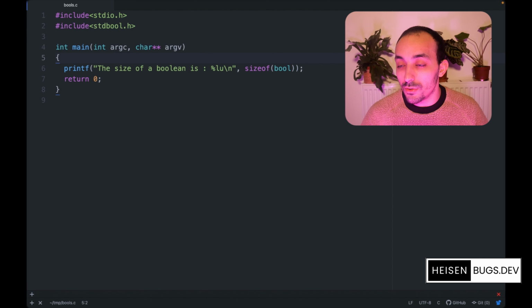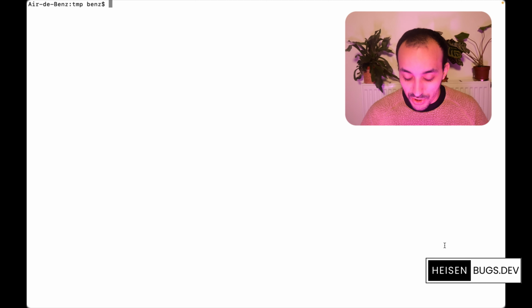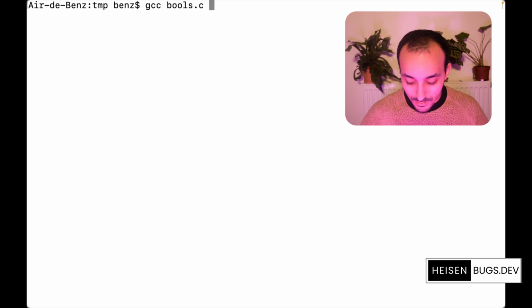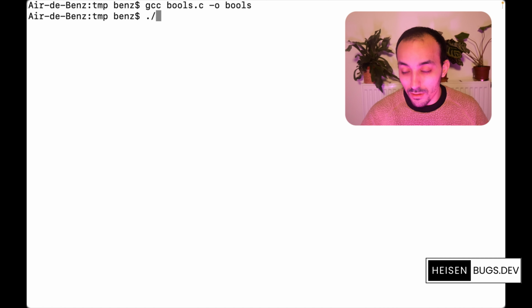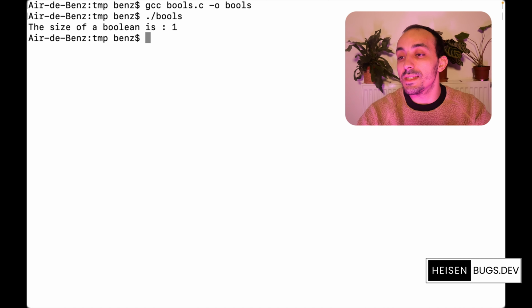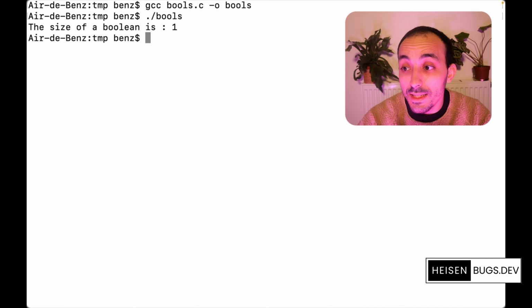Great. I'm going to compile using GCC. I'm going to zoom in a little bit for you to see better. Okay, great. gcc bool.c, and okay, great, no error. I'm going to execute this file. And what you can see is that the size of a boolean is 1, but not 1 bit like we